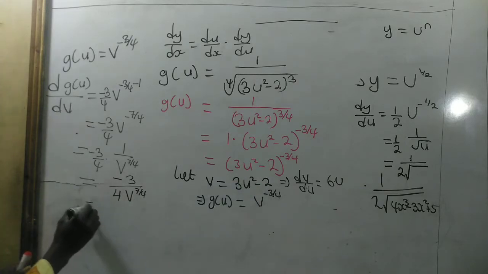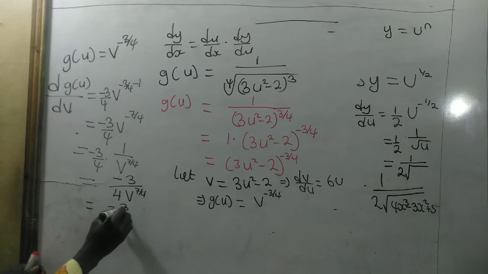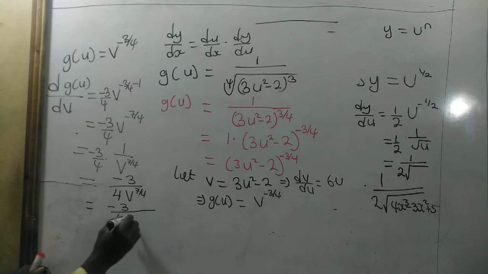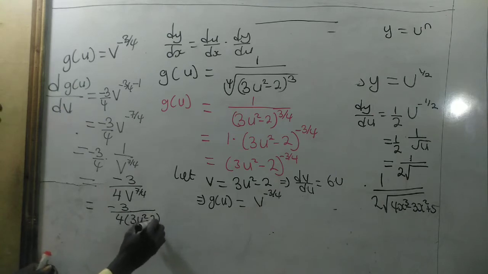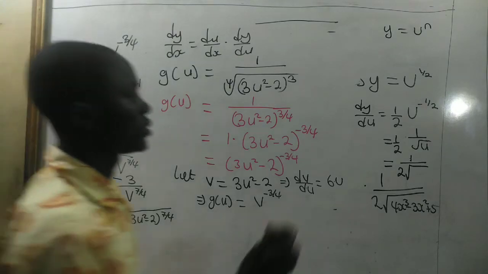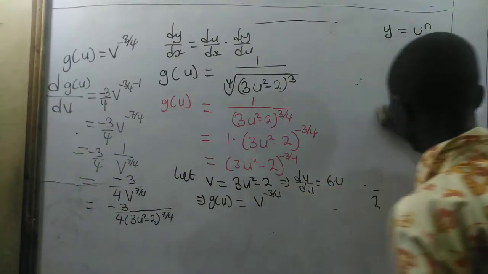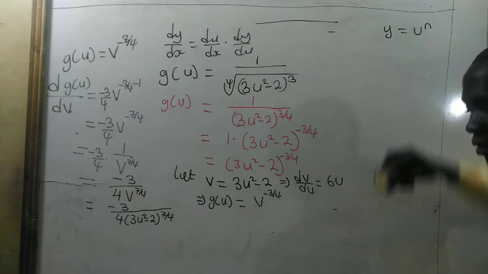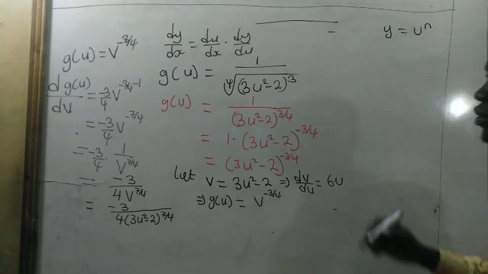So here, this is the same as negative 3 on 4 times 3u squared minus 2 to the power 7 on 4. Now, let's use the chain rule. So we are going to get this. Let me write it here. We are going to get